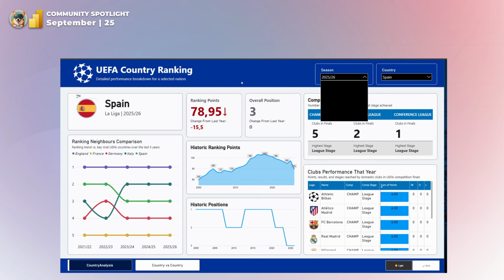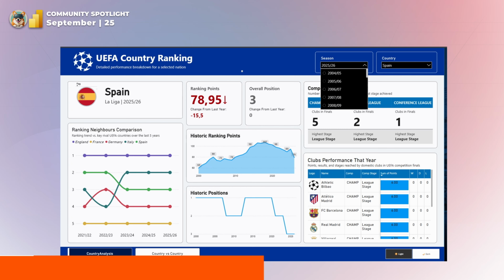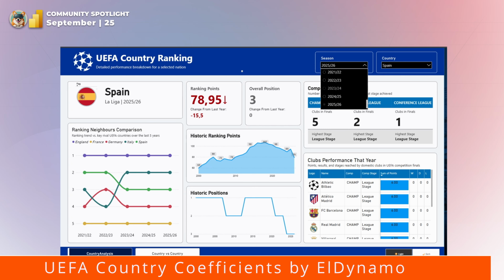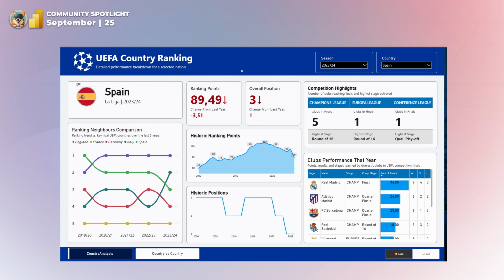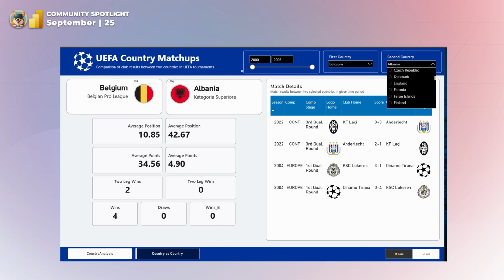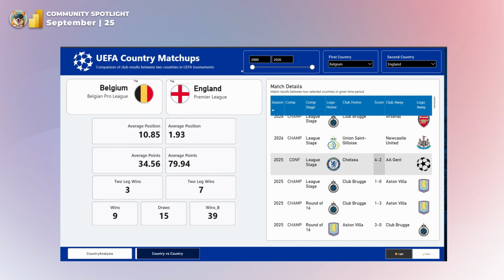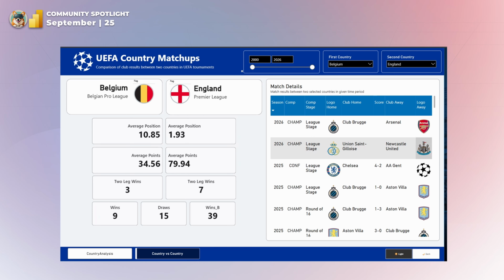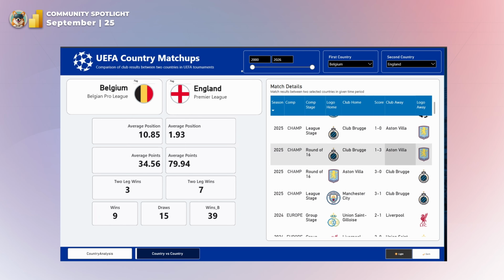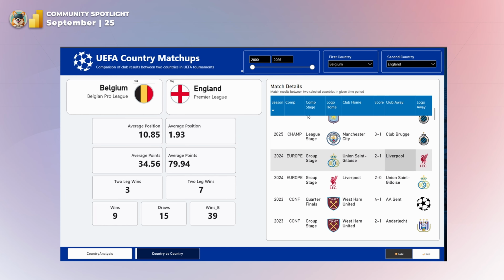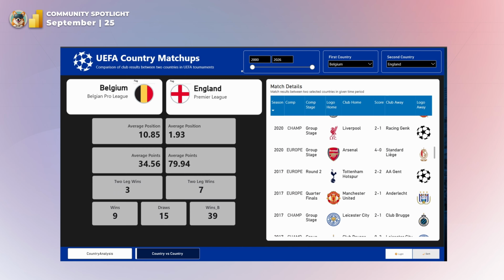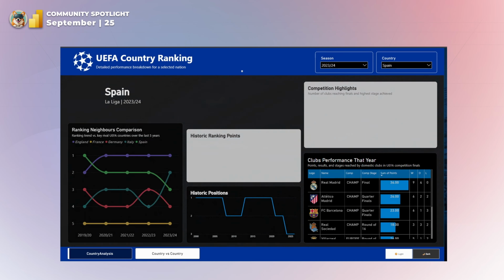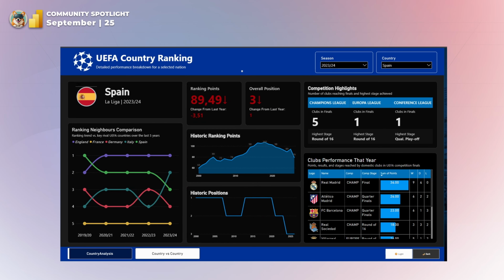Our next dashboard is UEFA Country Coefficients by ElDynamo. This dashboard turns real football data into storytelling gold. It covers UEFA data from 2000 to 2026, giving in-depth analysis of each country and its clubs. You can even compare neighboring countries head-to-head, with full match results and ranking visuals. Available in both light and dark themes, and built with room for future updates, it's perfect for fans and analysts